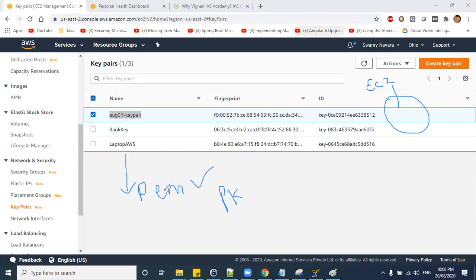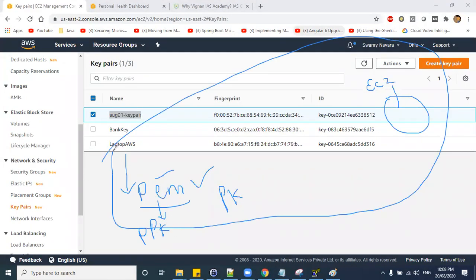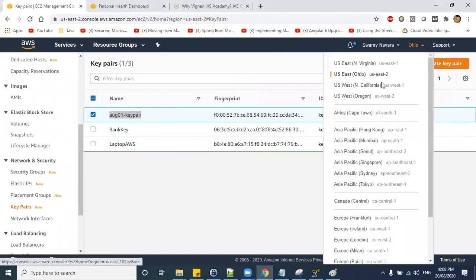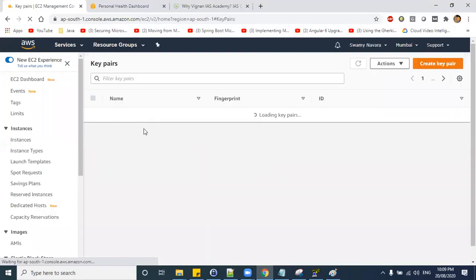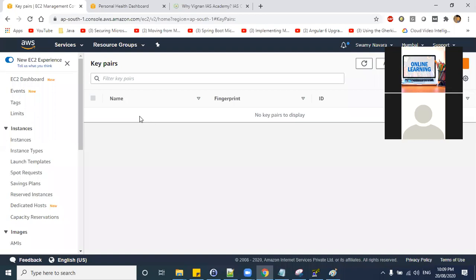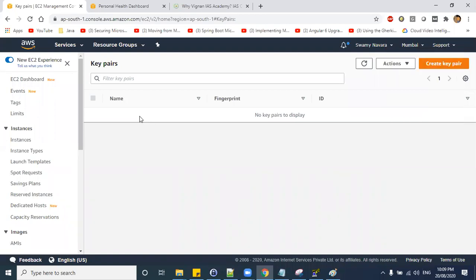If you are accessing from Linux, you will use this PEM file as it is. Suppose if you want to access from a Windows machine, you will convert this PEM file to a PPK file using PuTTY generator. Everyone is aware of this process, right? Now, when you are transferring this to another location, the Mumbai location, you already have the private key in your local machine. Now what you need to keep here is your public key, which will be fed into the EC2 machines whenever you launch them. That is what we are going to do now.